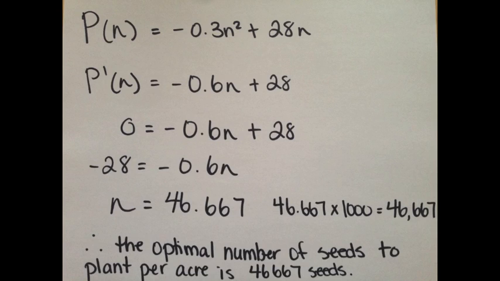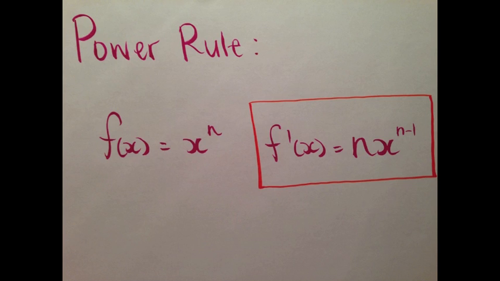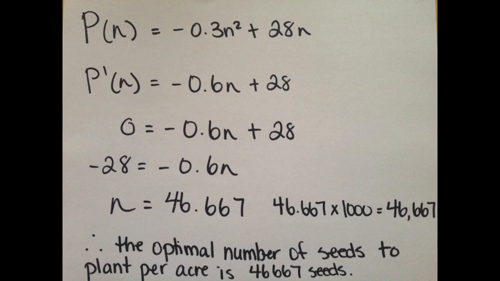Now that we have our profit equation, we can solve for the optimal number of seeds to be planted per acre. To find the optimal number, it is the same process as 17a. You are going to take the derivative of your profit equation, then set it equal to 0 and solve for n. Let's start by taking the derivative. Once again, we will be using the power rule to derive the equation. Start by bringing down the 2 and multiplying it in. For the second value, plus 28n, the power is 1, and 1 subtract 1 is equal to 0, and anything to the power of 0 is equal to 1, which is why you drop the n, leaving it as plus